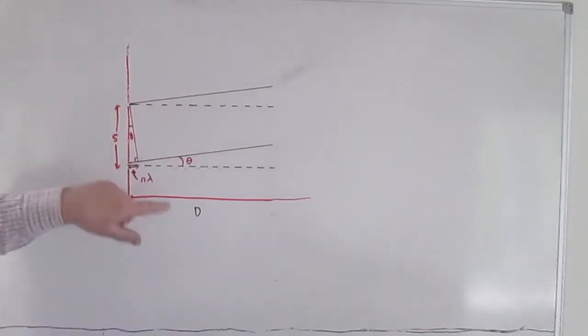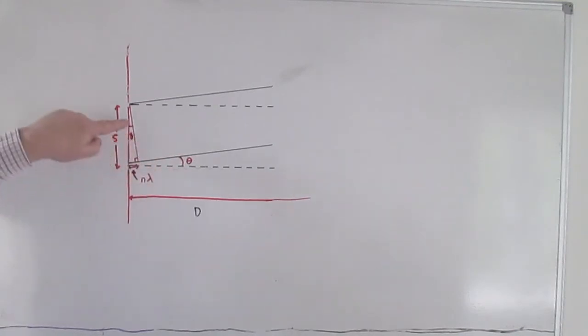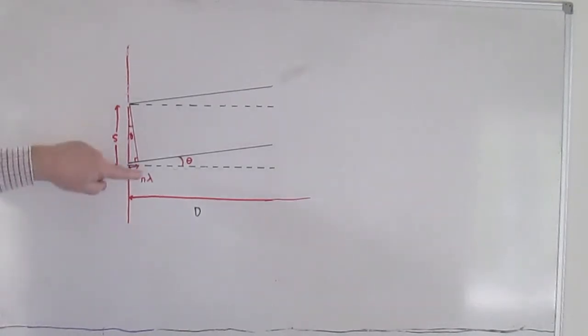Okay, so just by thinking about the properties of triangles, you can see that that angle is the same as this one, is theta, and therefore this triangle gives us a very simple trigonometric relationship,